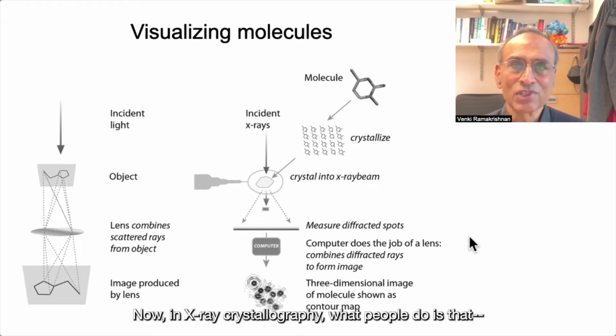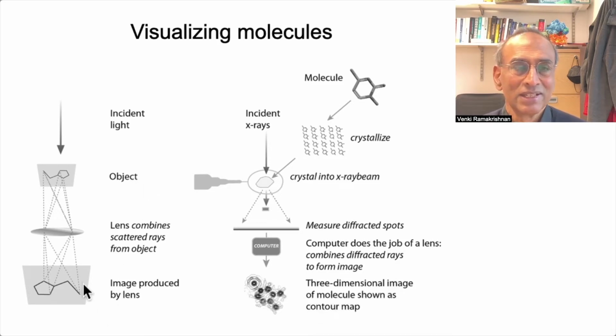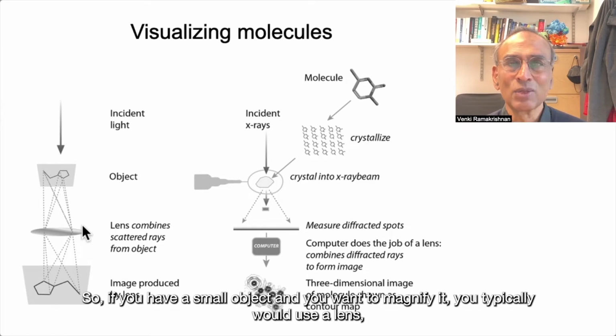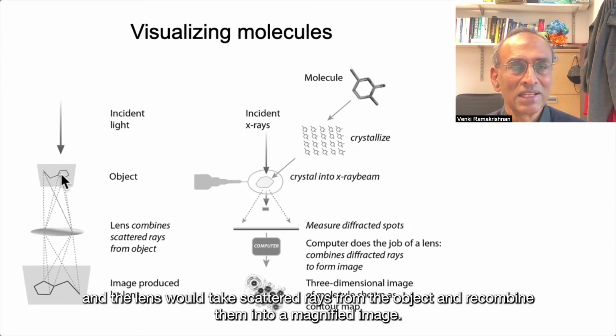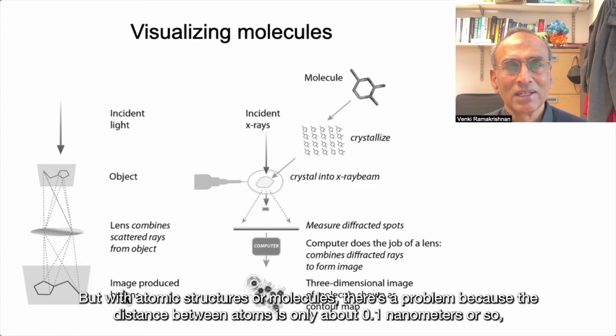Now, in X-ray crystallography, let's back up a bit and talk about how you would magnify small objects normally. If you have a small object and you want to magnify it, you typically would use a lens, and the lens would take scattered rays from the object and recombine them into a magnified image. And then you could look at the magnified image and see details. But with